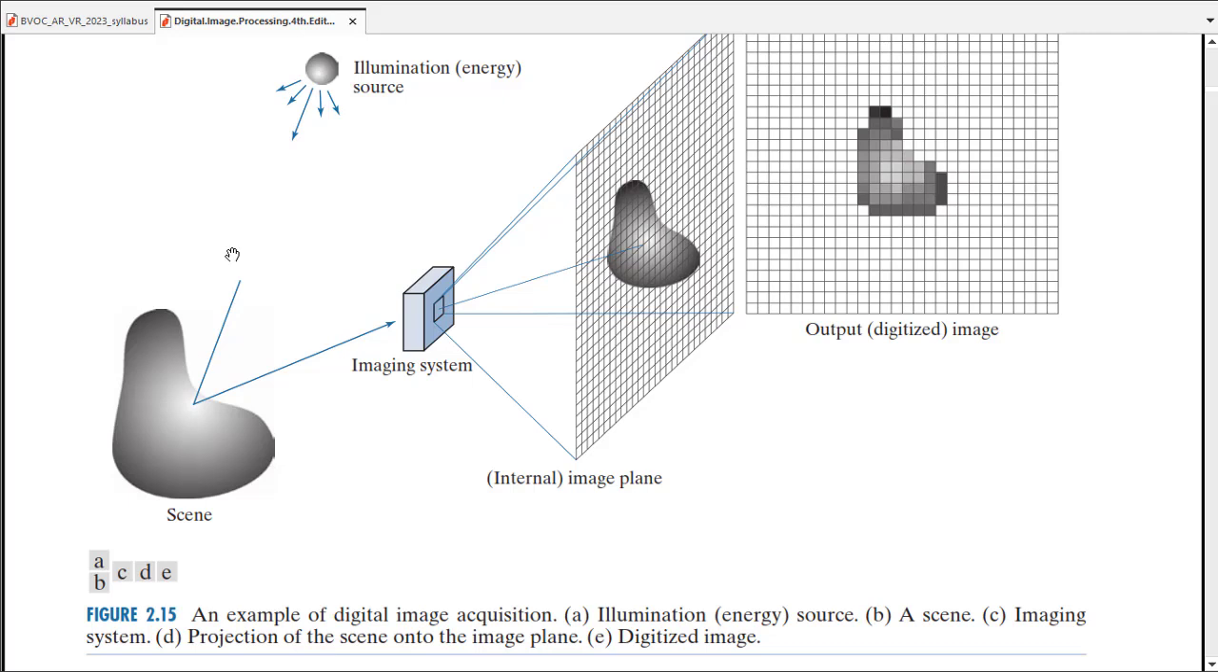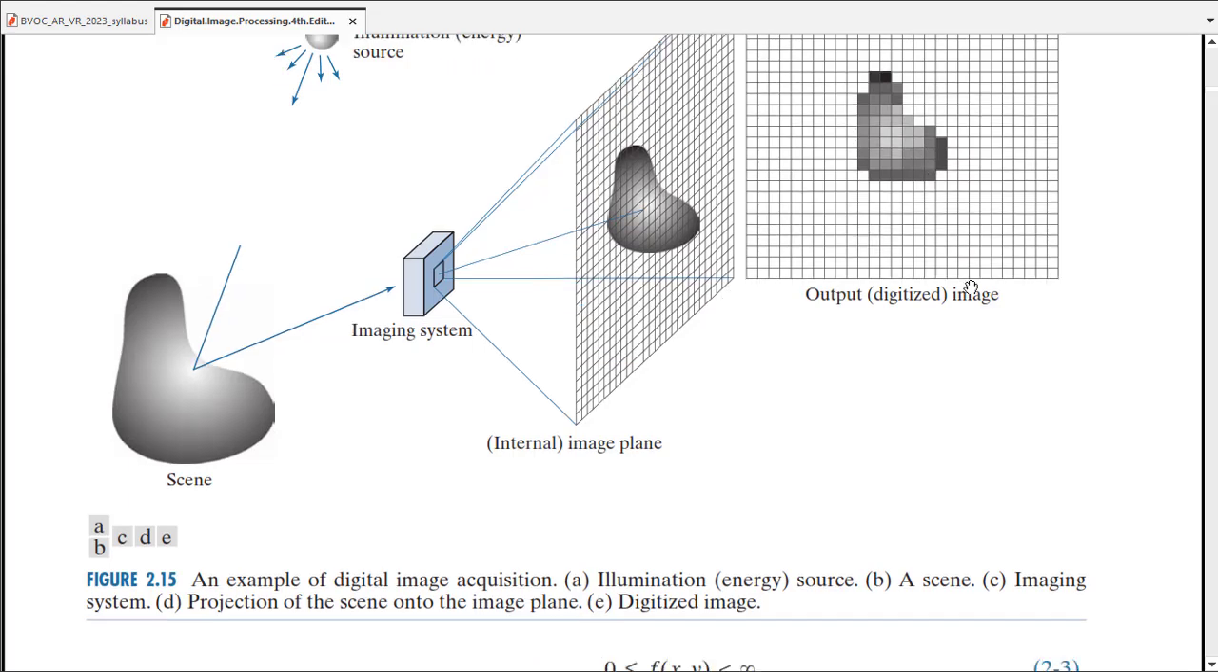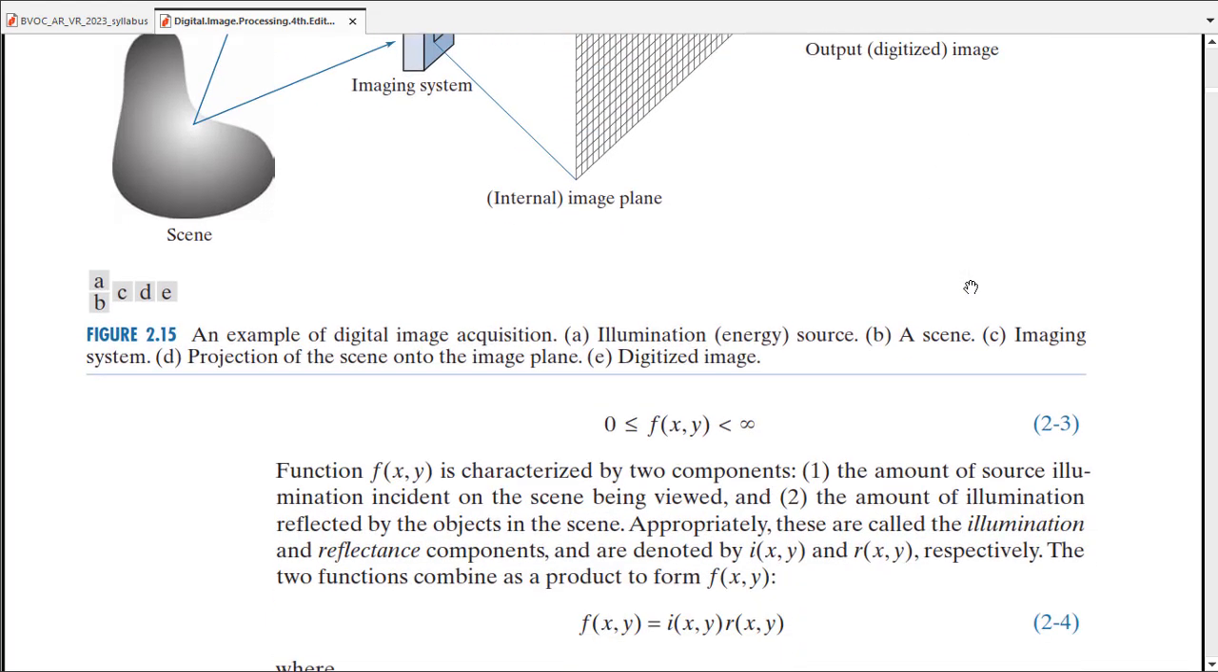In this example of digital image acquisition, first, this is a scene. This is the illumination energy of the day or night source. There is an imaging system, which projects onto the internal image plane. That's the output, the digitized image. So what is the real picture that we acquire, but finally we get this digitized image. Like that, we get the formula 0 less than or equal to f of x comma y